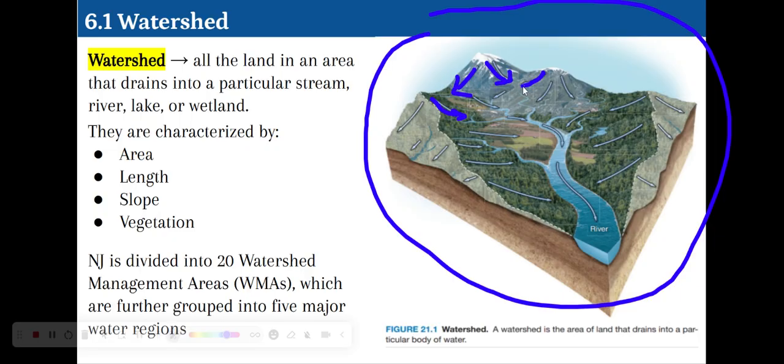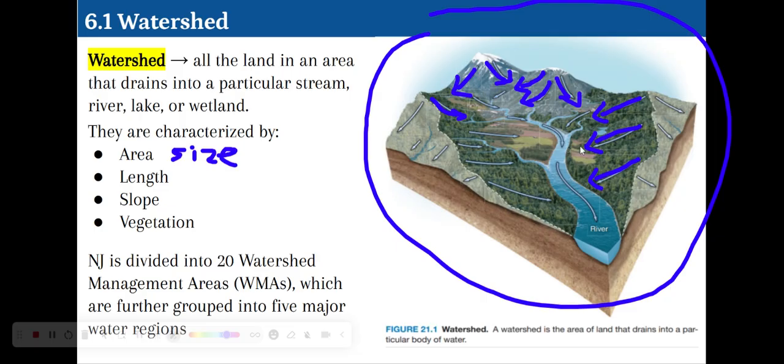And there's a few different ways that watersheds are characterized, and that is area, which is basically the size, the length, which is how long it is, the slope, which I'm kind of highlighting over here. This is how steep